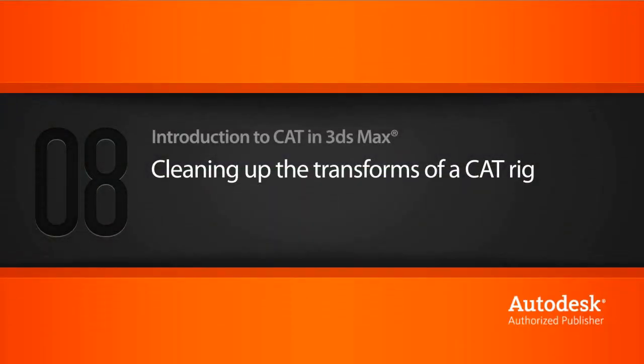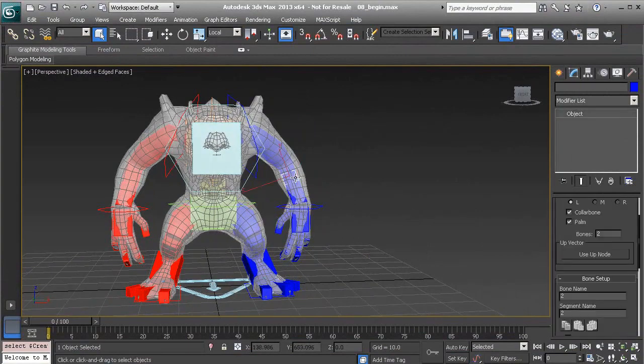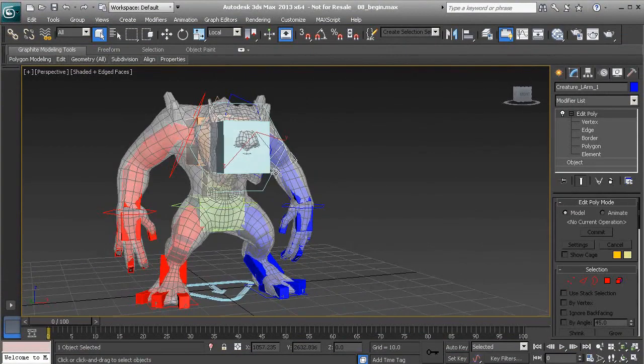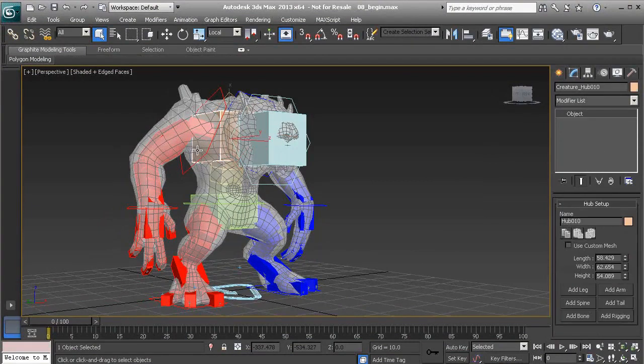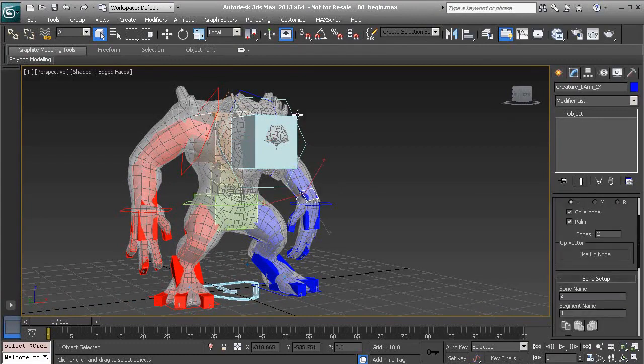In this lesson, we will learn how to clean up transforms on a cat rig. A rig isn't quite ready for animation, not just yet, and that's simply because of our bone objects not being zeroed out. So quite frankly, it'd be a mess if we had to polish animation in Max's curve editor because of that fact. So we'll learn how to zero our values out, but before that, I'd like to point out